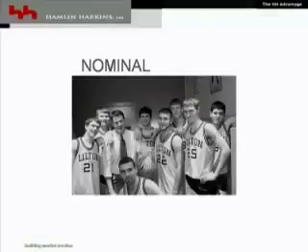Nominal is the beginning of a scale. Here you can see shirts on the team, and they're thrown out. If on the first day of tryouts everyone got a shirt, and I were then to say, all of you with even numbers stand on one side of the room and all of you with odd numbers stand on the other side of the room, there's not a lot of conclusions we could draw from that. That notwithstanding, it is a good place to start for tracking the events over the course of a season. We can at least know what's happening with 21 and what's happening with player 25.